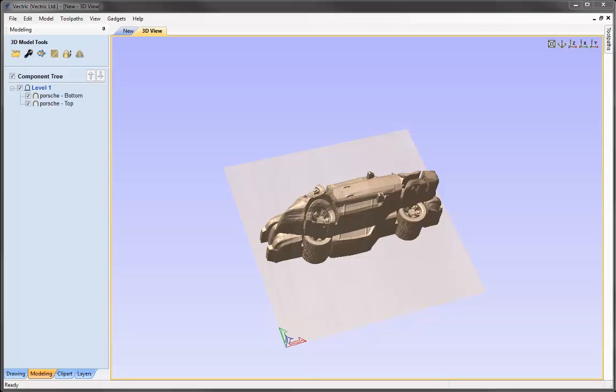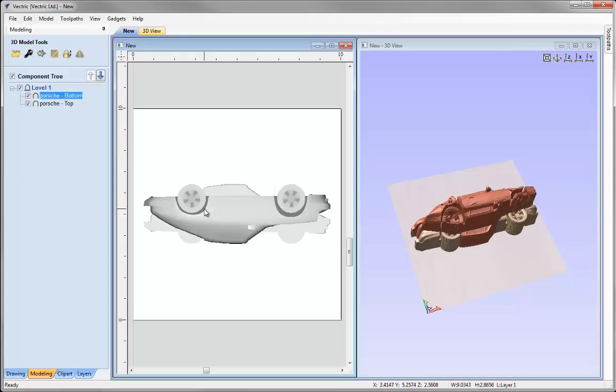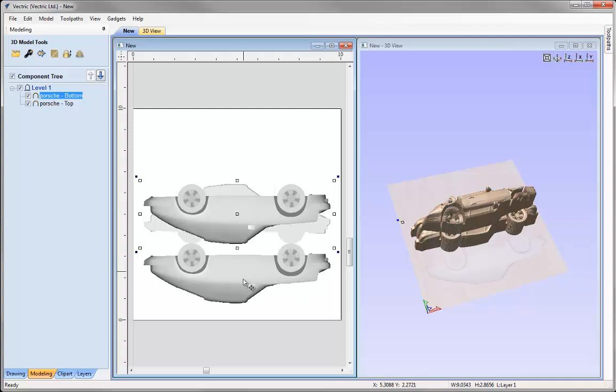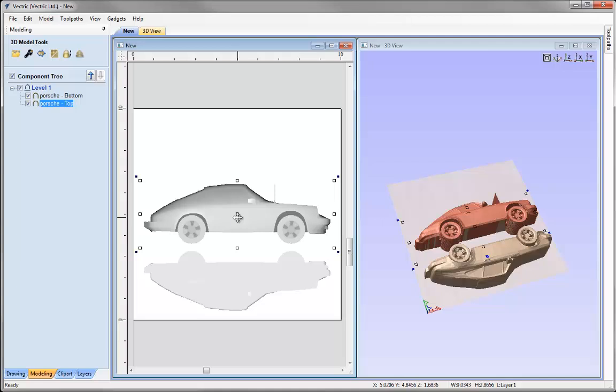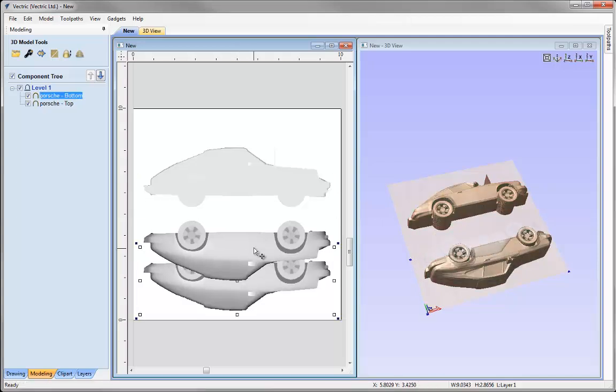So the software will create 2 components, so it looks a little bit odd at the moment. We can see the 2 components are in our component tree here, so we've got Porsche top, Porsche bottom. So if we just go to view, I'm just going to tile our windows vertical. I'm going to take the bottom, just going to select that, hold down shift and just bring that down just to keep that in line. Then I'll take the top one, just move that up a little, then take this one, move that,